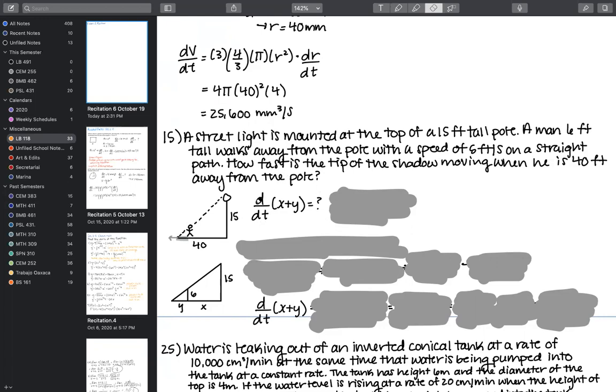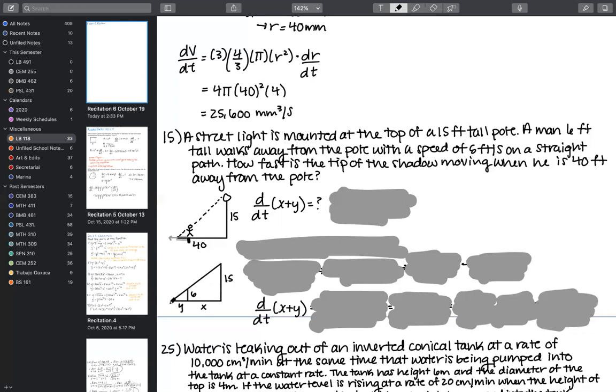This is kind of tricky to come up with on your own, I will admit. So that's why I went from this diagram here, and I know that the distance from the guy to the pole is 40, but the tip of the shadow is going to be more than 40. I know that because he's moving away, and his shadow is, by nature of where the light is cast, going to fall away from where he is at 40 feet.